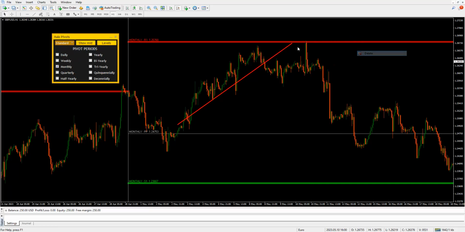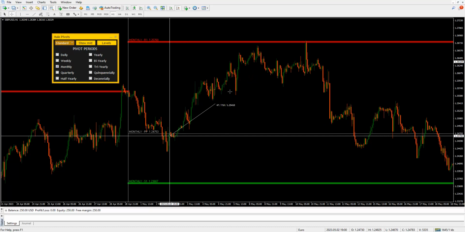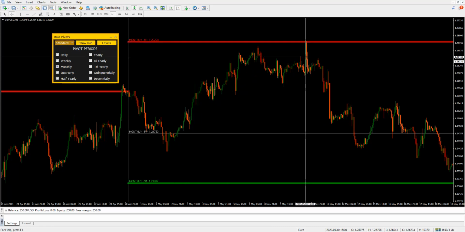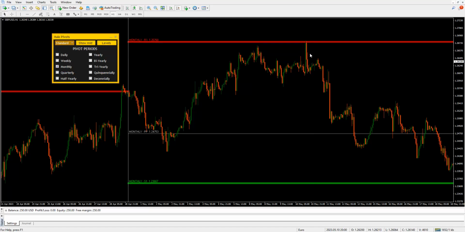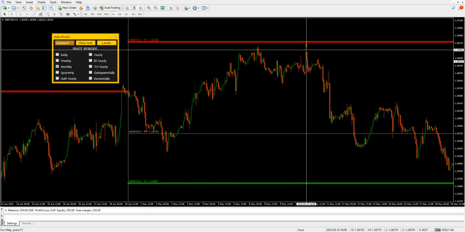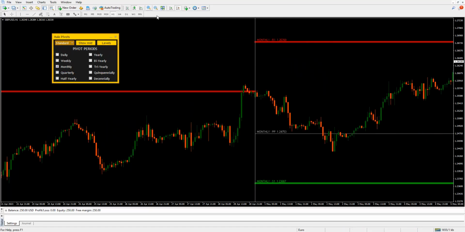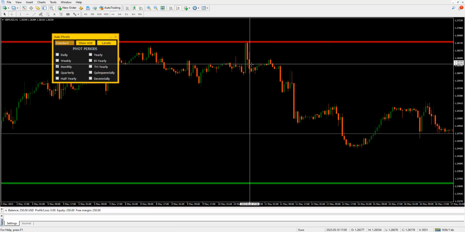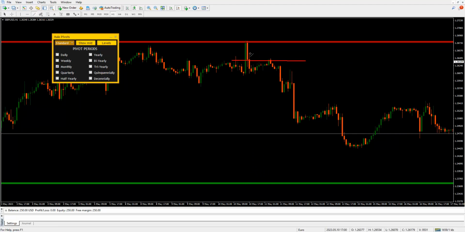I will trade here like this. The market went up, rejected the line, the green candle rejected the line. I will wait for a red candle. And the red candle appeared here. I will sell right here, stop loss above the last high,